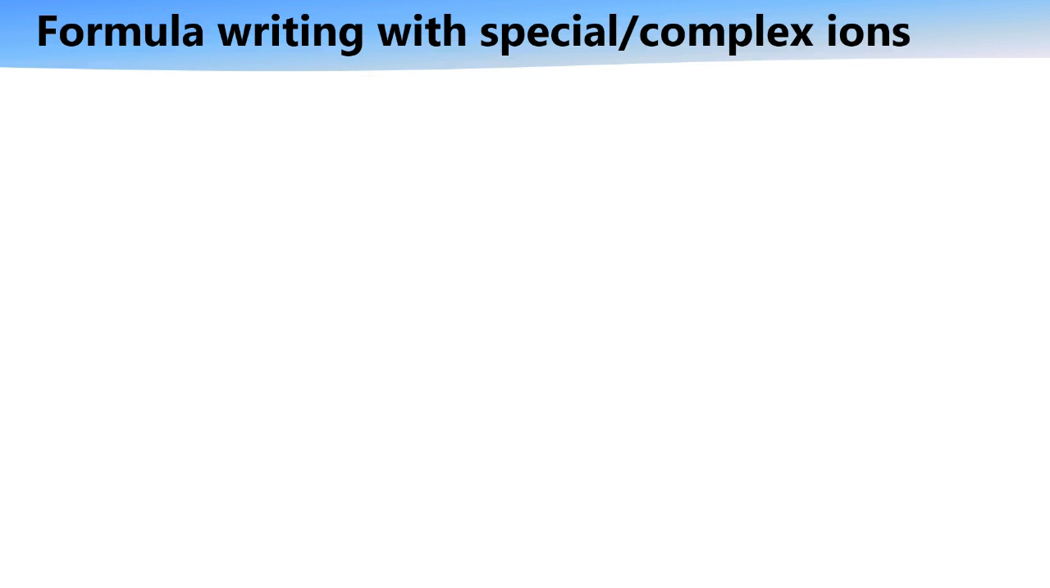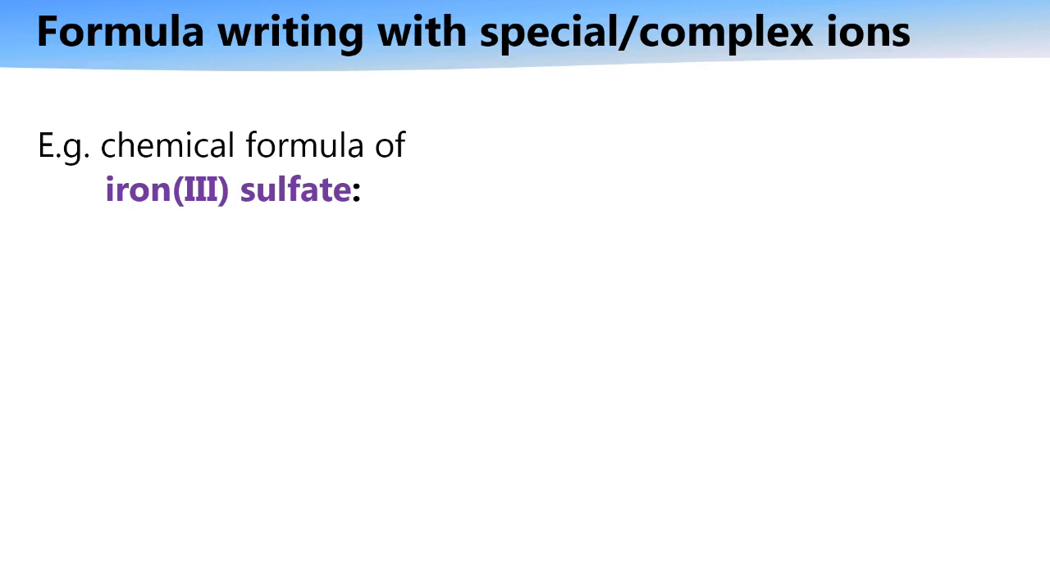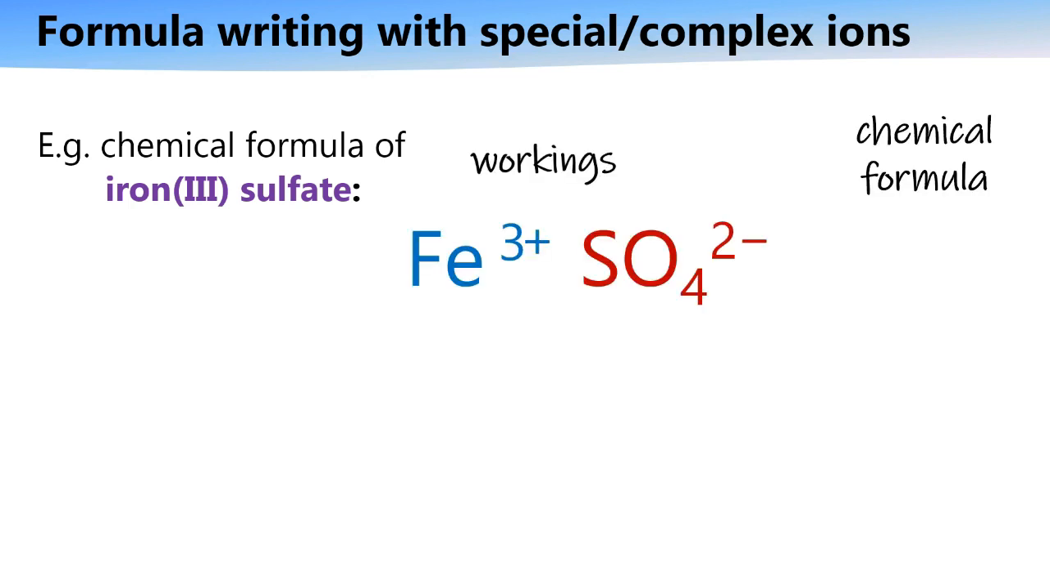Okay, one more example. Iron 3 sulfate. So workings and chemical formula. Okay, we have iron 3, Fe3+, and SO4 2-. Alright, so since the charges don't balance, we need to do the cross method. So we bring the 3 over to SO4 and we bring the 2 over to Fe. And we will remove the charges. Alright, so we will get